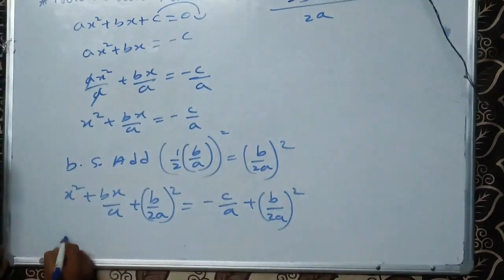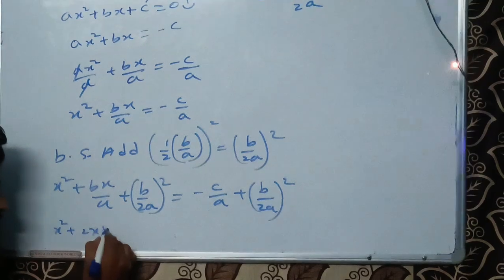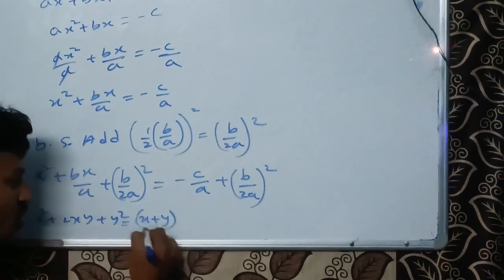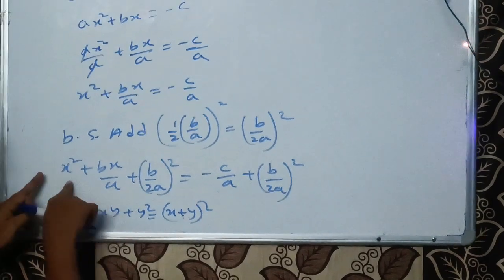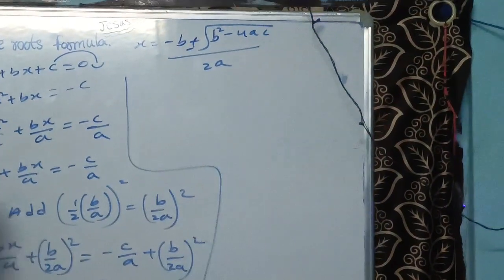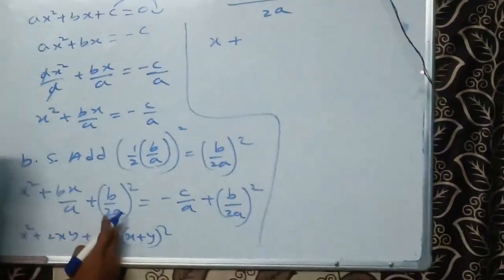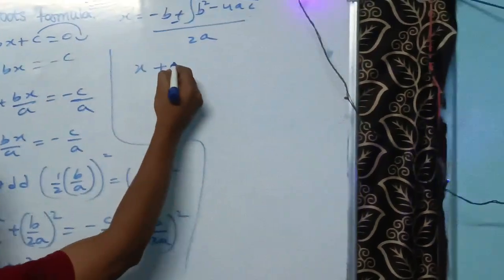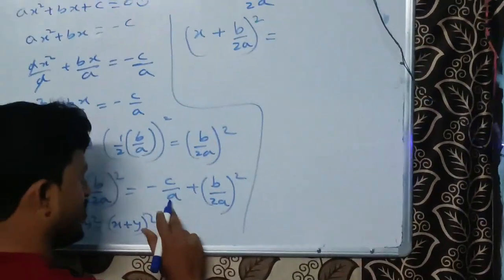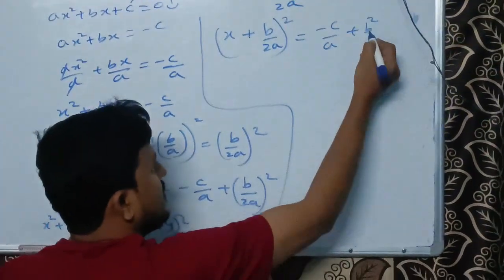What is the formula, all of you? This formula is x square plus 2xy plus y square. The formula totally is x plus y whole square. Let x be x, right? And what is the y value? y is b by 2a. So x plus b by 2a whole square is equal to, taking the LCM, c by a, b square by